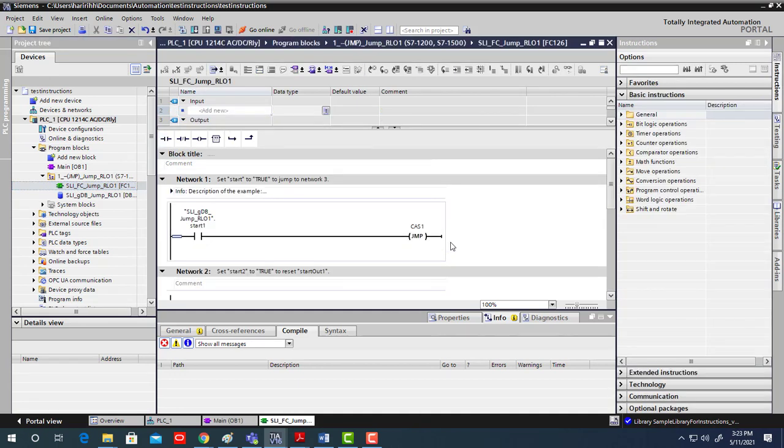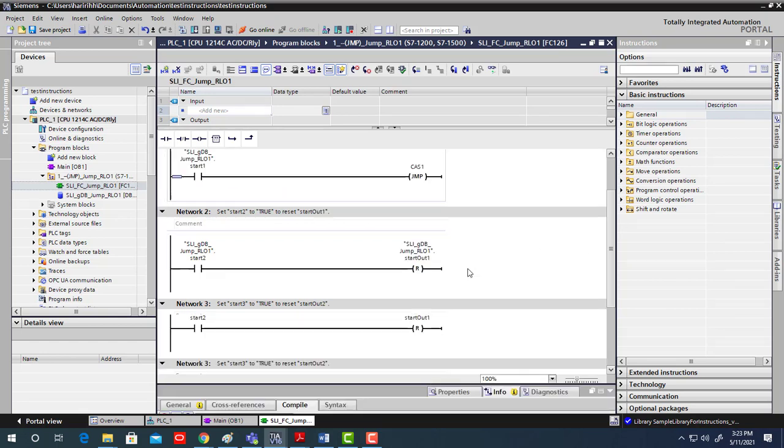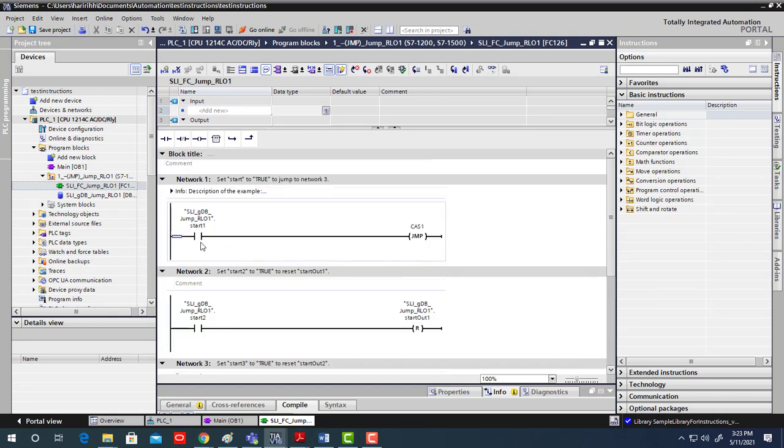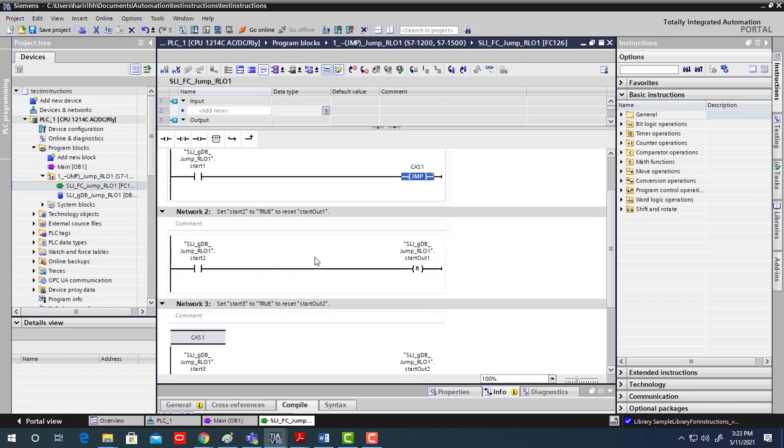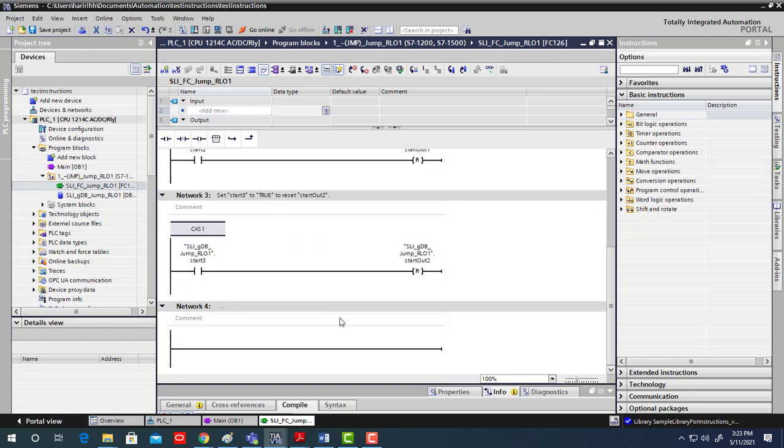Double click, it will open a program for me, and we can explore the program together. Okay. So this program has an input, jump. So set star to true to jump to network 3. So if it's true, I jump to network 3, and it's called case 1, and here I do a reset for